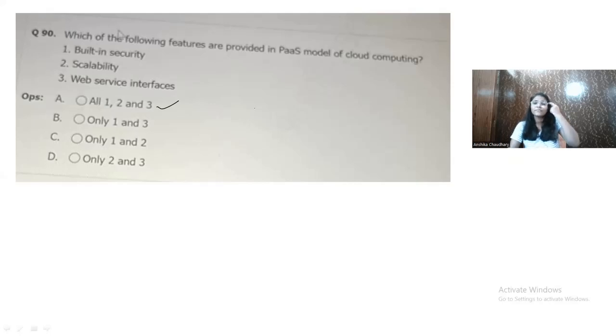Now, guys, if you see that this question is from cloud computing and from PaaS model, then make sure to have a look on PaaS model. At least a little bit look on PaaS model. It might be helpful for you. It might be a case that the question comes in some other form. Then you will be able to solve the question, right? So make sure to have a little bit look on PaaS model, scalability, web services interfaces. All the things I cannot tell in one video, right?